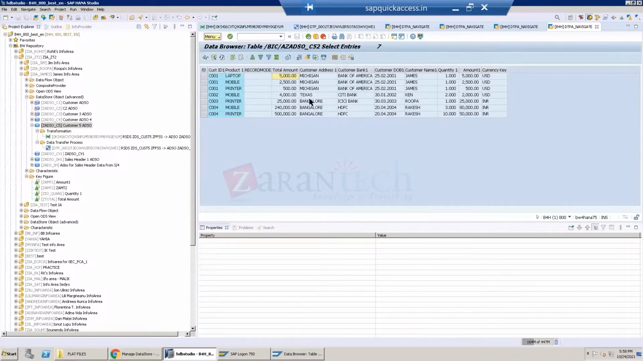So the ADSO works on the concept of overwriting the values. It does not work on the concept of aggregation. Okay, InfoCube used to work on the concept of aggregation. So how the ADSO works is it will overwrite and display the value. So what it does,